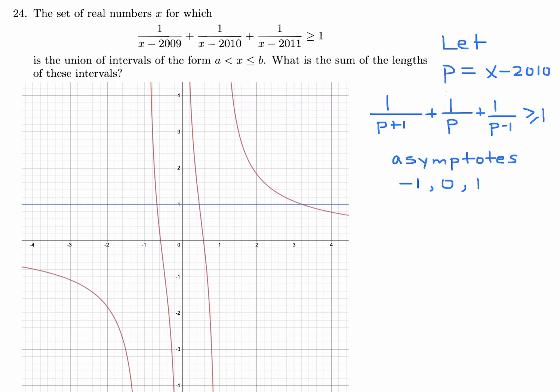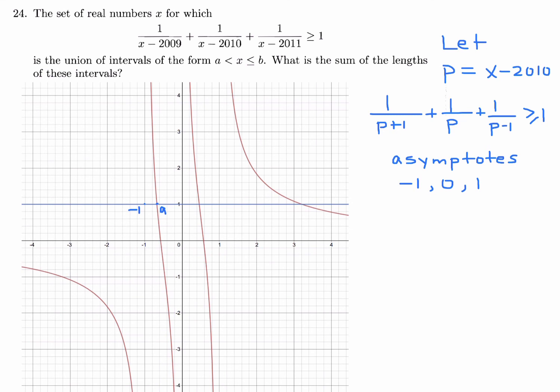Now, what we have to figure out is, when is this graph greater than or equal to 1? Well, it's greater than or equal to 1 when it's above this line. So obviously here, here, and here up until that point. So that's it. Those are the points. And what are the intervals? Well, remember, it approaches -1, so it's from -1 right here to this point, and I don't know that point,